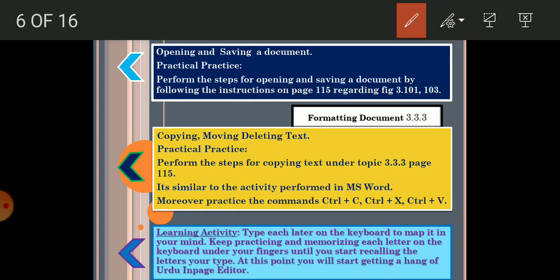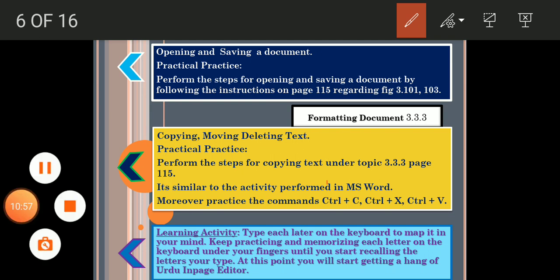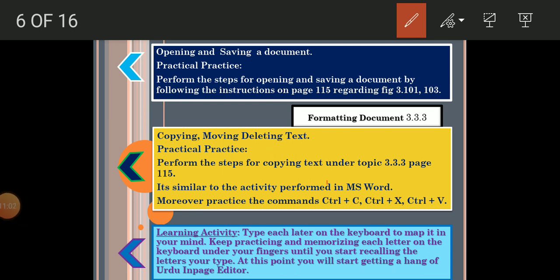You have to open your Urdu InPage editor, and press each key on your keyboard to see where the character is. While selecting the phonetic keyboard, remember to always select the phonetic keyboard from the preferences, like I showed you earlier. You have to memorize each key and the character behind it.